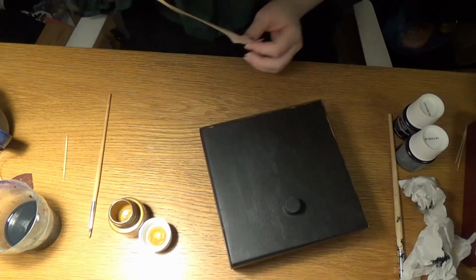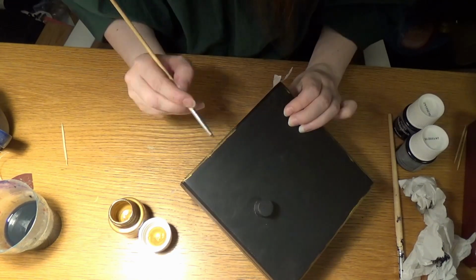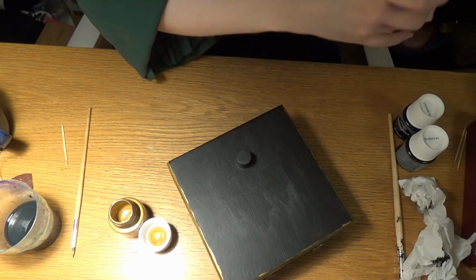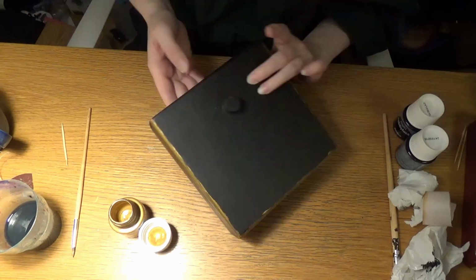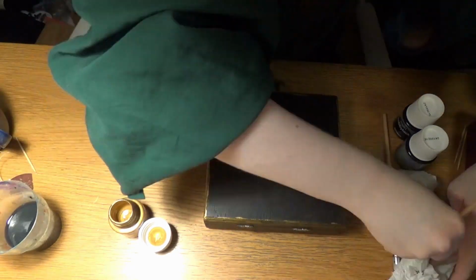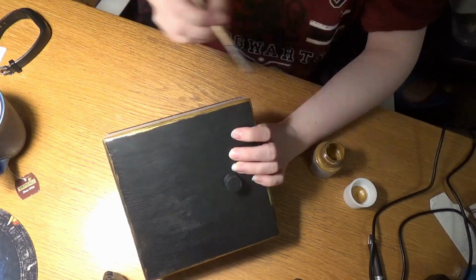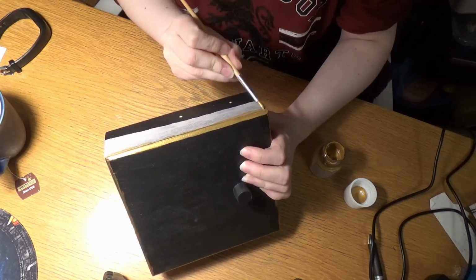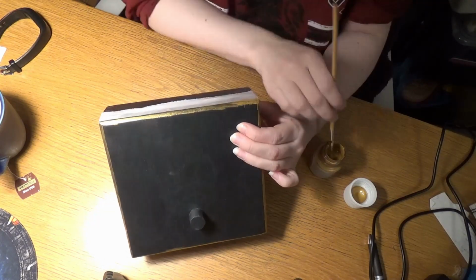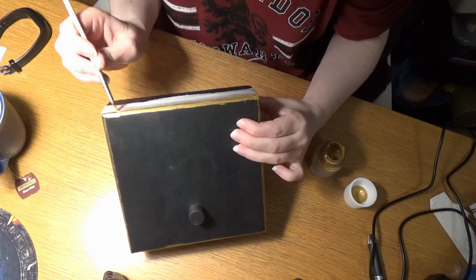I just had to make a couple of layers of the gold paint to make it really opaque, because the metallic colors are always a bit more translucent than the matte or regular colors. So I did like 4 layers, I think. And I'm using that tape to make sure that the bottom of the accent color is nice and straight and